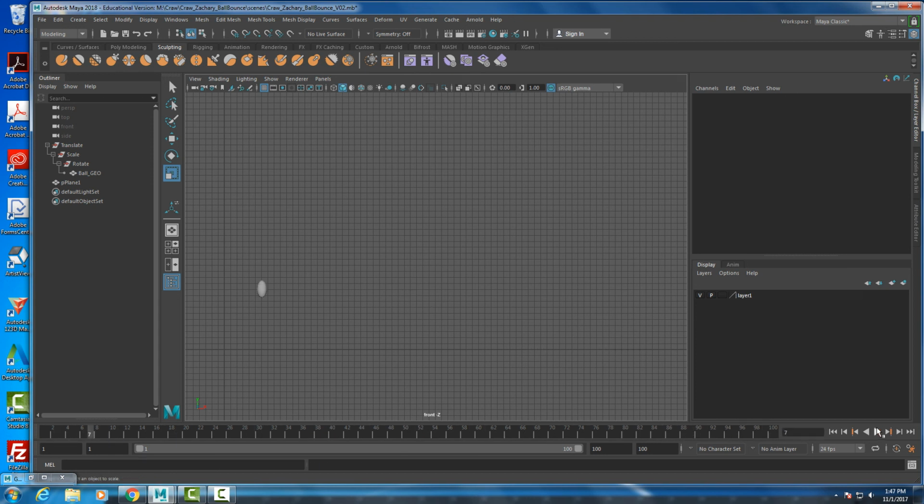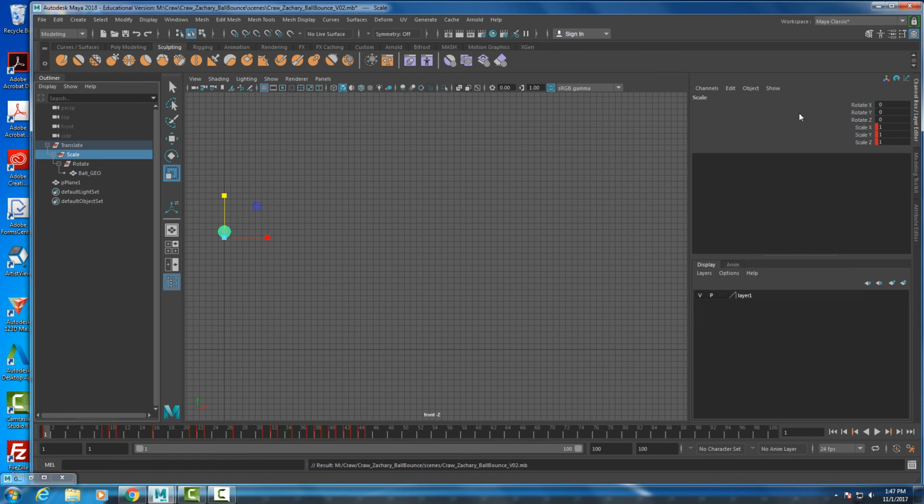Now, we also want to build in anticipation. Let me go ahead and save this before Maya decides to crash on us. We would want this ball to kind of lean back and forth as it's going in and out of the bounces. So let's grab the scale. This is where we're actually going to get this type of rotation. We're not going to get it out of the rotate, but we're going to get this out of the scale. So I'm going to select scale, and